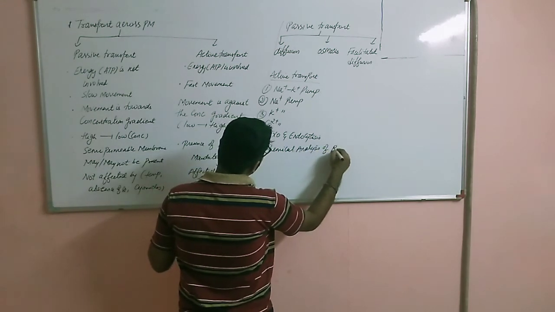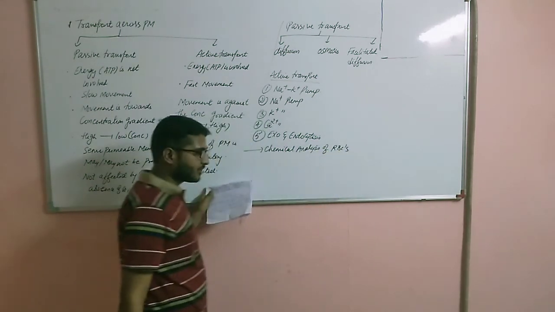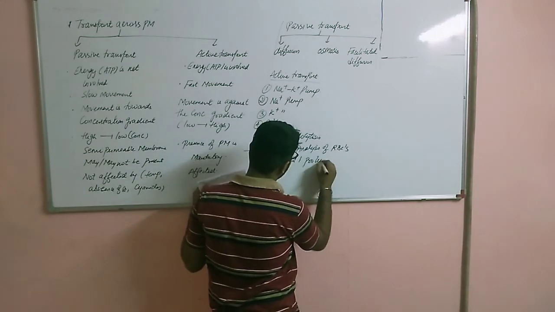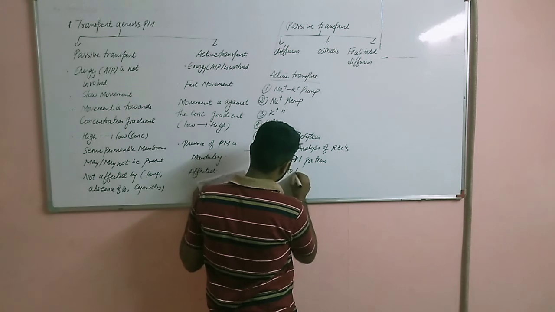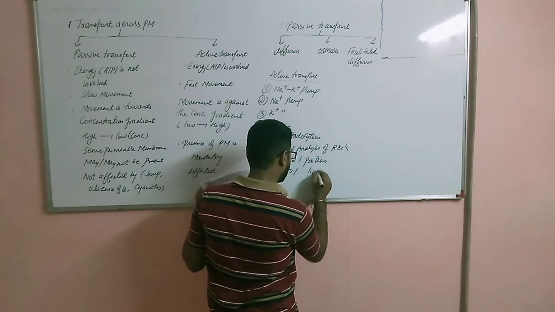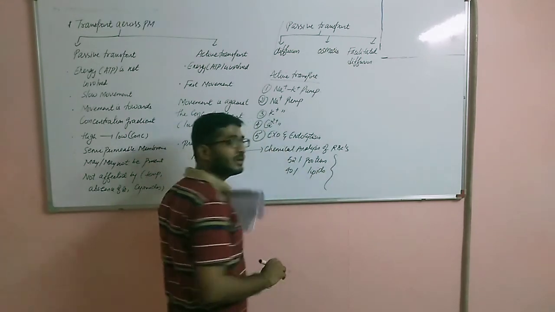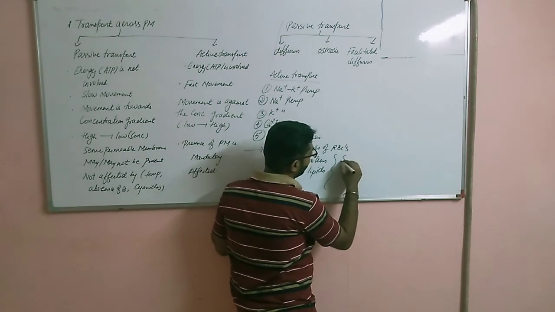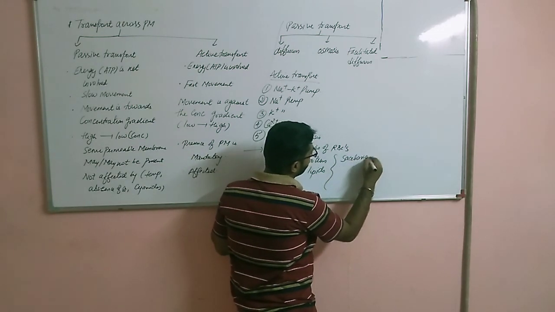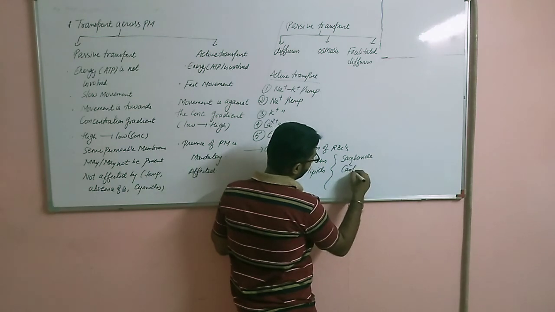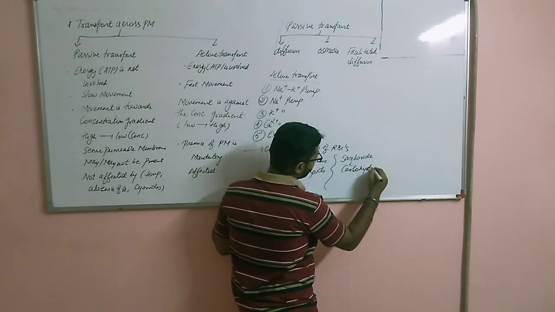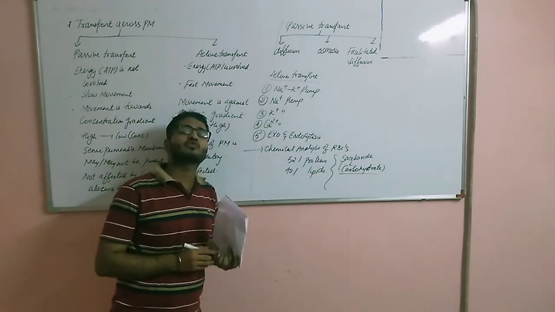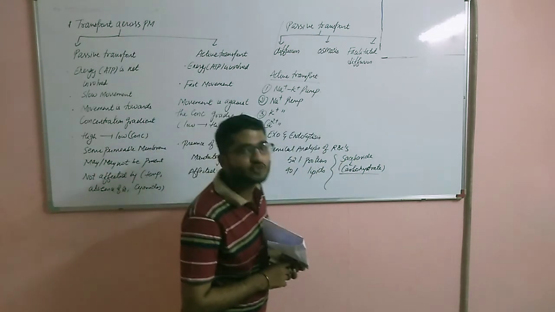It is made up of 52% proteins and 40% lipids. Apart from the proteins and lipids, it was also discovered that the membrane contains certain saccharides, that is, carbohydrate molecules. So this was all about the structure, function